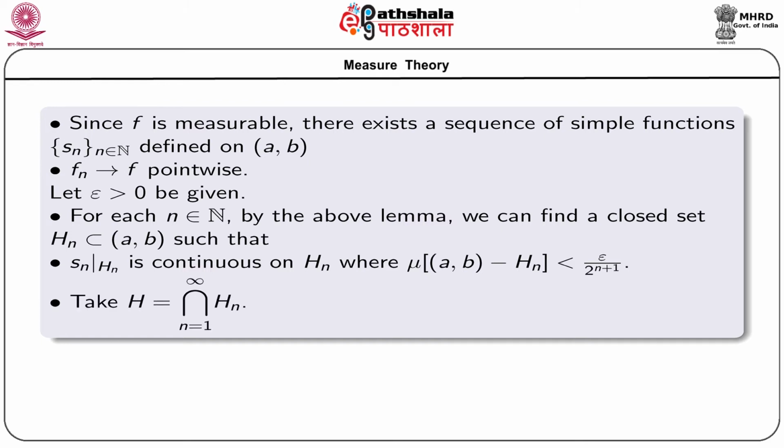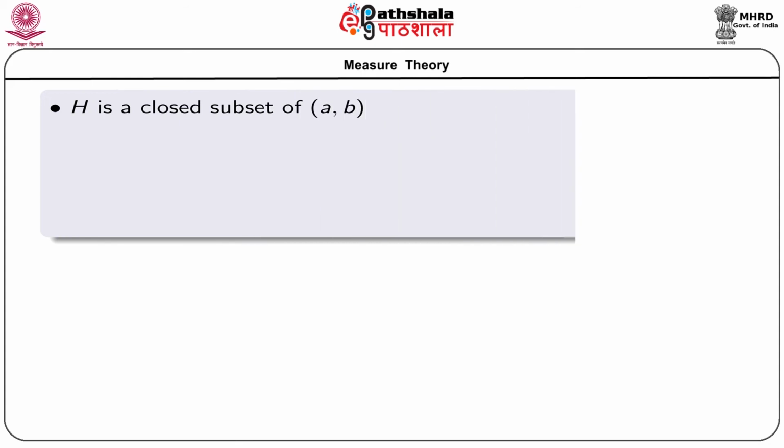So, for each positive integer n corresponding to the simple function Sn, we get a closed set capital Hn with the above property. So, let us take capital H as the intersection of all these sets Hn. So, H equal to intersection n equal to 1 to infinity Hn. Since H is the intersection of a collection of closed sets, H is obviously a closed subset of open interval a b,